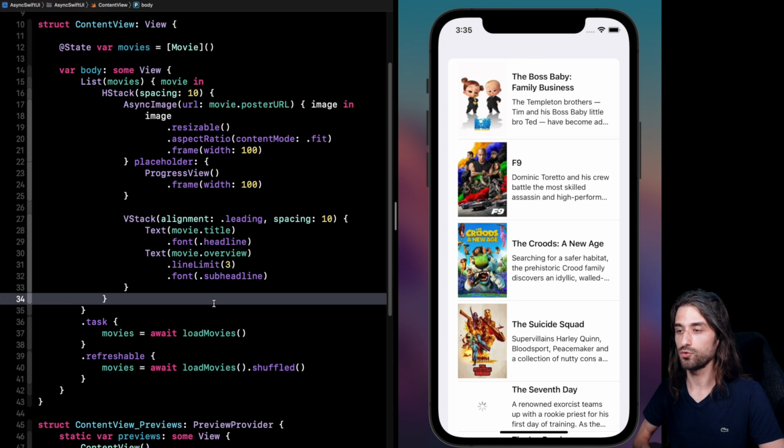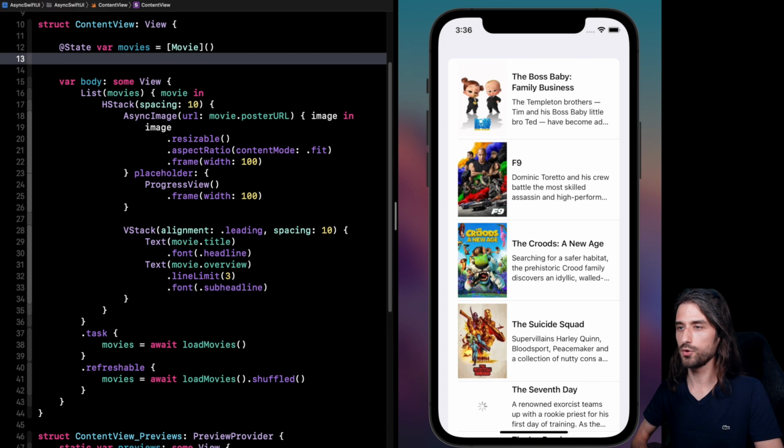And finally, there is one last use case I wanted to show you, and it's how we can integrate async API with SwiftUI to implement an infinite scroll. With an infinite scroll, the idea is that as we scroll to the bottom of our list, when we reach the end of the list, we want to load more data. We are actually going to be able to implement this with our API, because if you remember, our API is paginated, meaning that when we reach the end of the list, we can just ask for the next page of data. So how are we going to implement this?